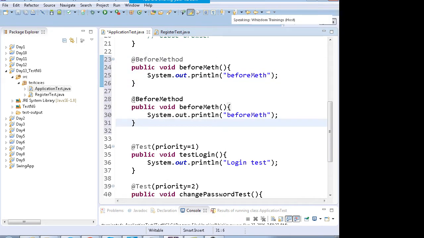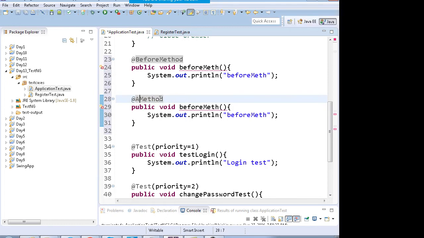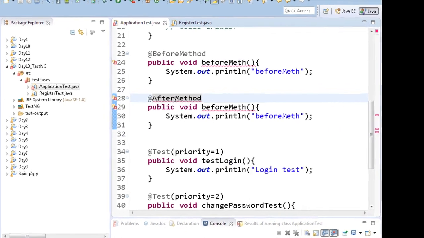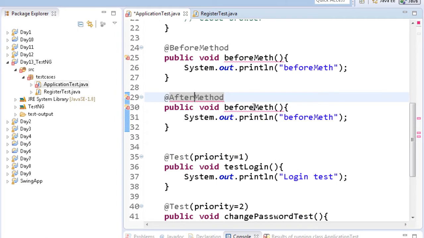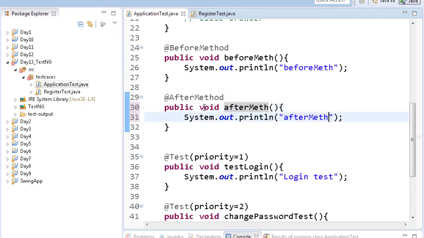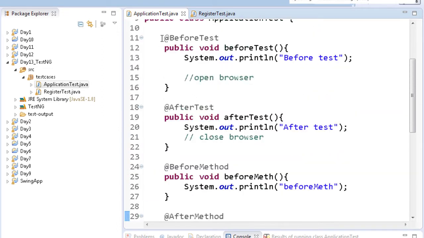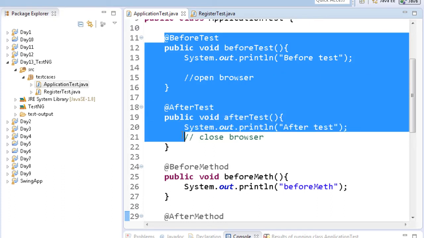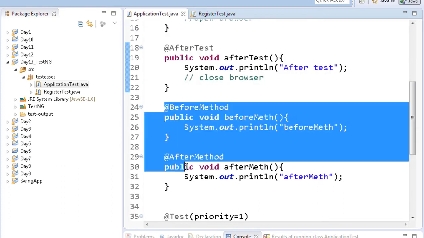The placement of these annotations doesn't matter, you can place them anywhere in the file. So basically you have got before test, after test, and before method and after method.